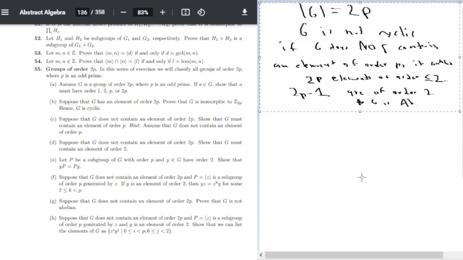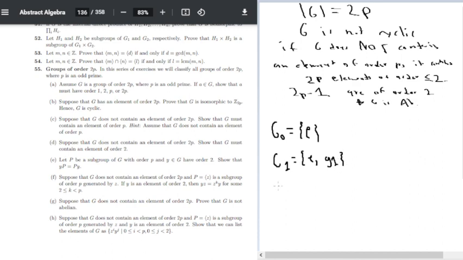So we form a process, and this process goes as follows. First, we have G0 is equal to the empty set. G1 is equal to some choice of E, G1. G2 is equal to